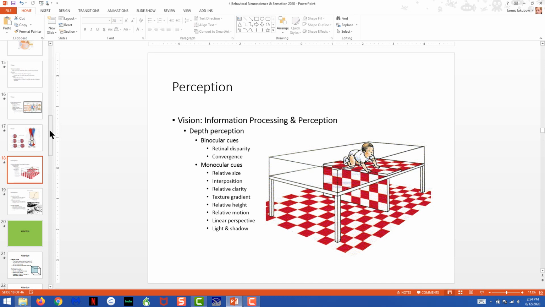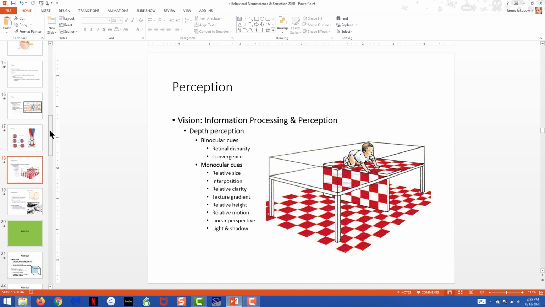Relative height as well. Objects that are closer to you are larger than objects further away. And that goes back to relative size, but in this case, you are dealing specifically with height. So if you were looking at telephone poles down a long road, the telephone poles that are closest to you are going to appear to be largest in your visual field. Same thing as relative size. Again, it's odd to me that psychologists make distinctions between these things, but it is what it is, and learn it, get yourself into medical school, and be done with it.